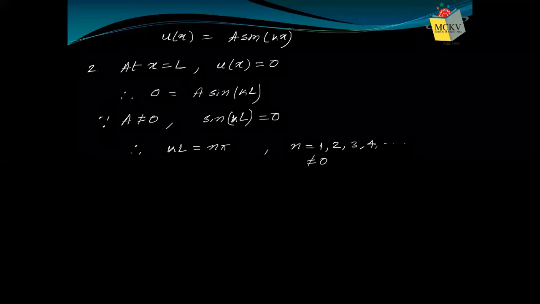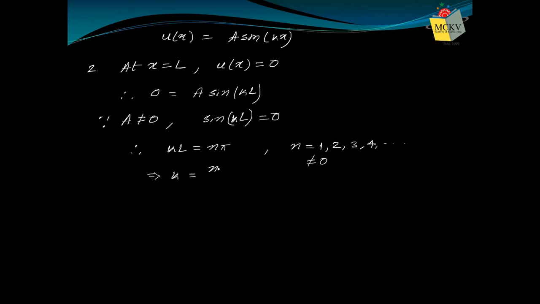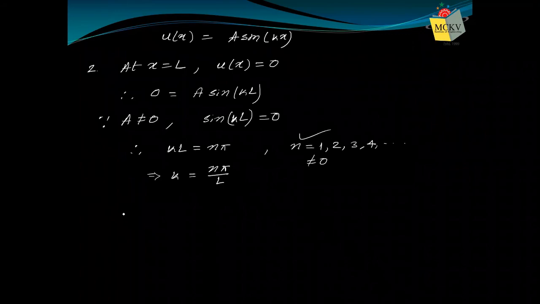Like this. Okay. So what do we get? We get that k equals n pi by L, where n is 1, 2, 3, 4, etc. Any integer except 0. Okay. So now we know the value of k. Understand? Therefore, our wave function or eigenfunction